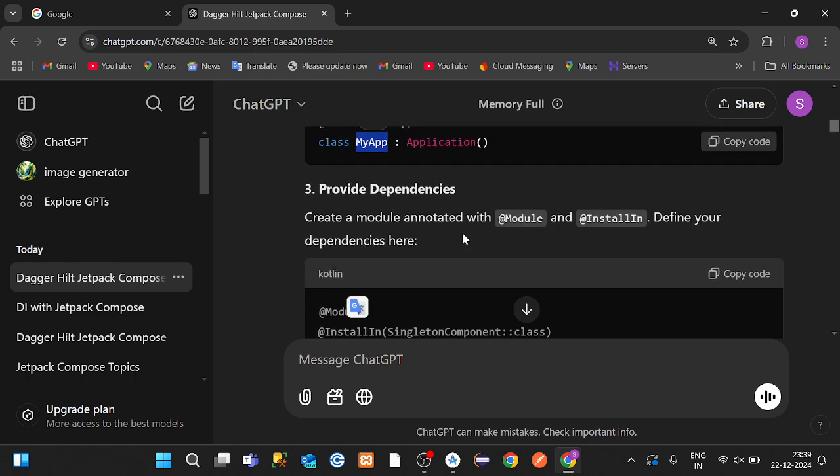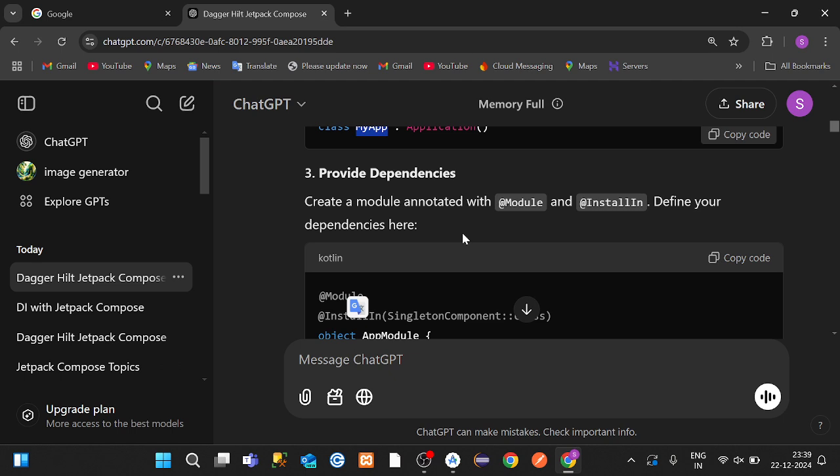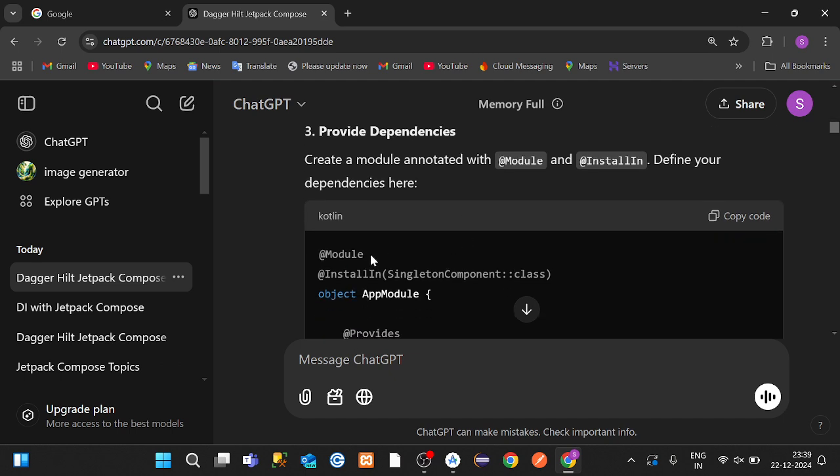After this, you have to create a dependency, the main dependency which you are going to access inside your usage classes where you want to use your dependencies. So these are the dependencies which you will access in your destination classes. For creating the dependencies, you have to use two annotations in your dependency classes. First one is the @Module annotation, and another one is @InstallIn. InstallIn defines for how much type of usage you are going to do. So in this case, we are doing it with the SingletonComponent,